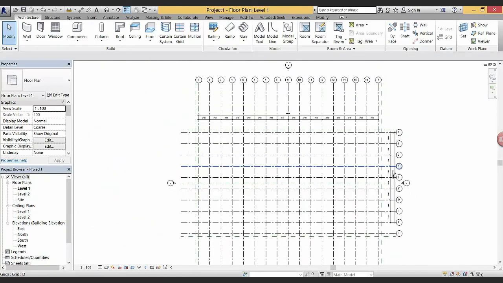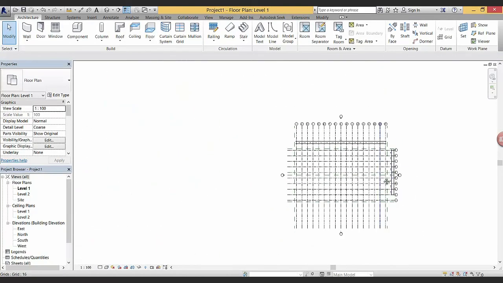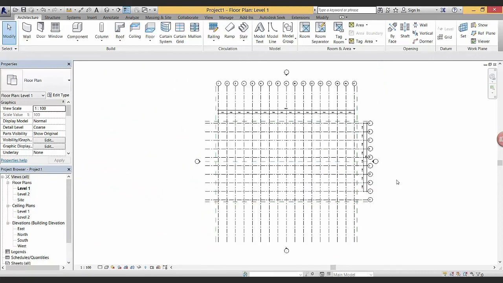And that's our grid layout. Now we use the ZX command again inside our view, and we have zoom extents, and we're done with this first part, which was creating grids. Next up, I think we'll be looking at levels and working more vertically in space.